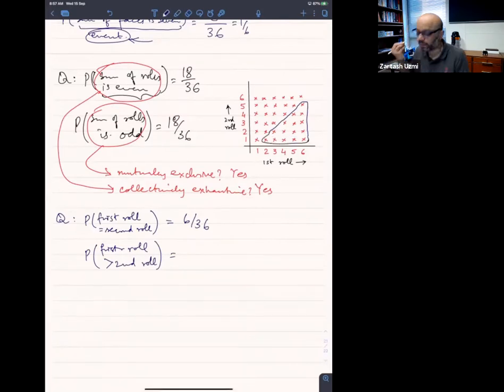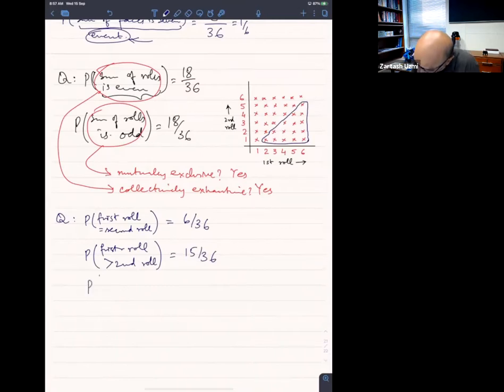And now you can go ahead and count the number of points in here. So this would be equal to 15 over 36. इनको count कर लें, 15 आएंगे आपके।